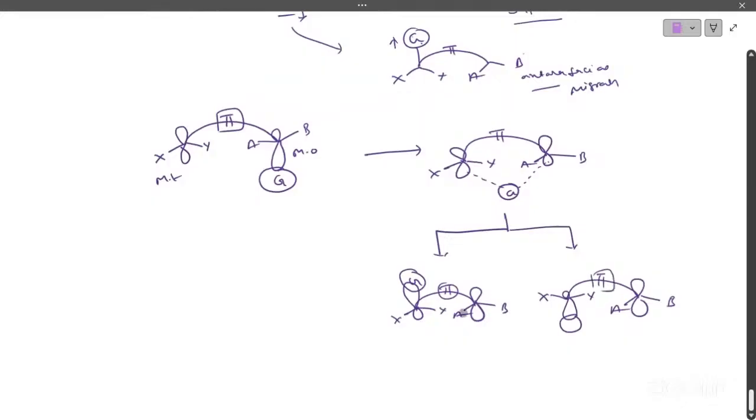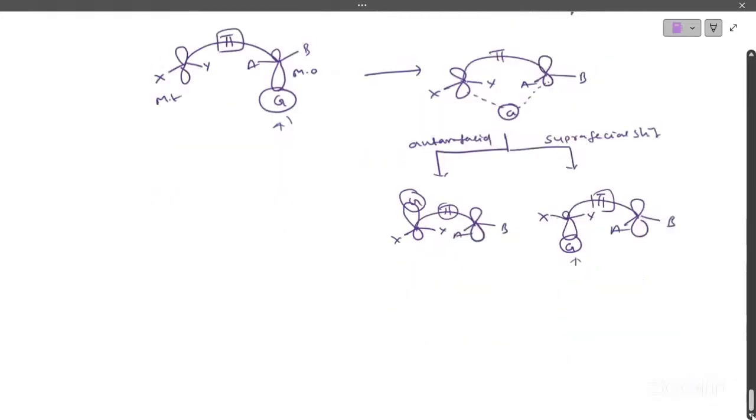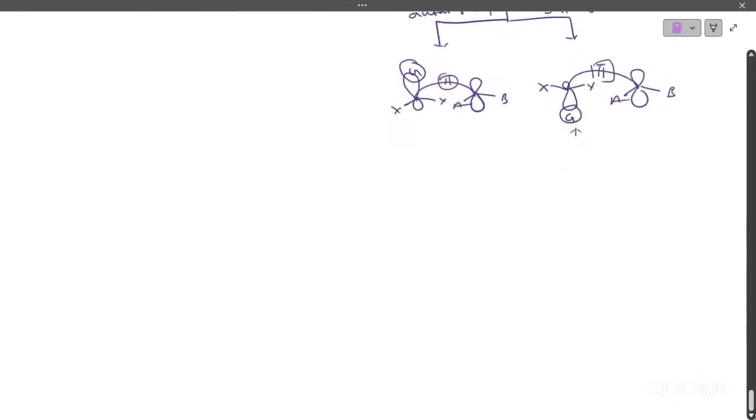Now look here. This is the group. When you compare, it is arranged at the bottom. Once it is migrated, it reaches the same bottom, but at a different place. Therefore, this is known as suprafacial shift. When it reaches above the plane, compared to the migration origin, this is known as antarafacial shift. Based on this, sigmatropic reaction shows